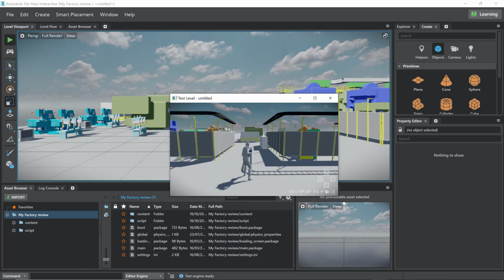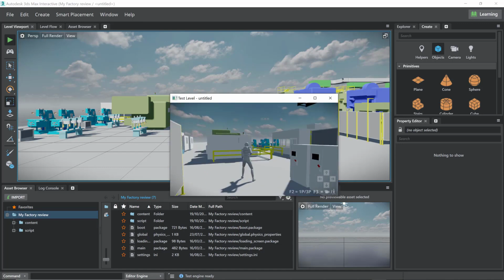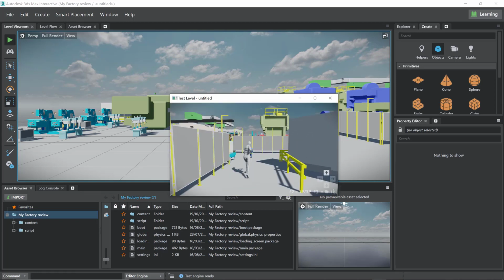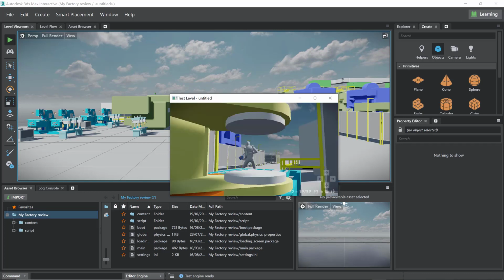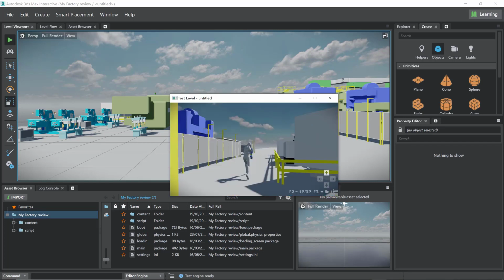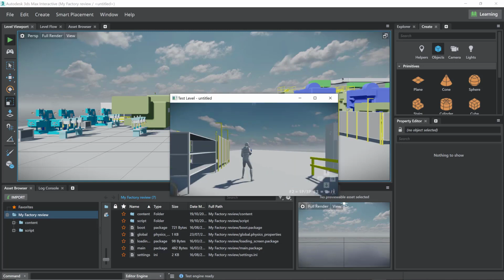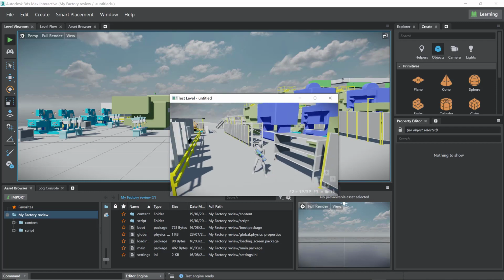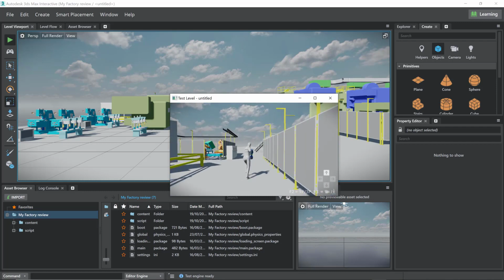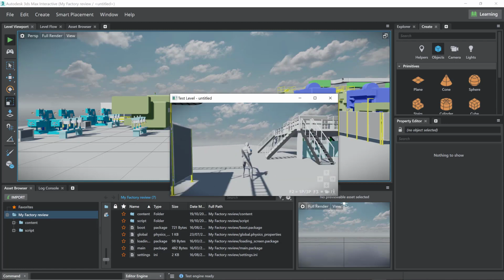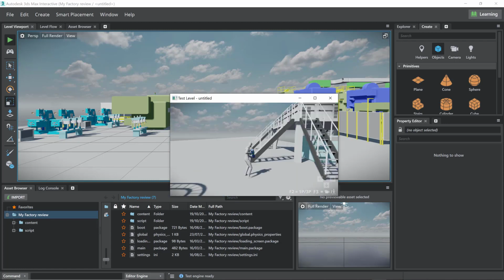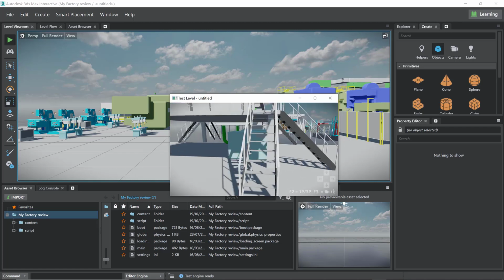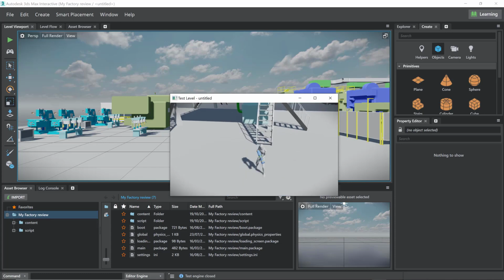As I move among the equipment, I want to test out one thing. Can he really behave like a real human being? By that, I mean, can he climb stairs? Can he stop at equipment? Let's see. I am moving him towards a mezzanine floor which has a few stairs, and I intend to test whether he can walk on the stairs and climb on the mezzanine floor. Well, unfortunately, as I move him, he goes right through the stairs.